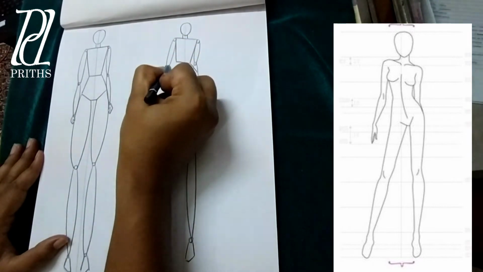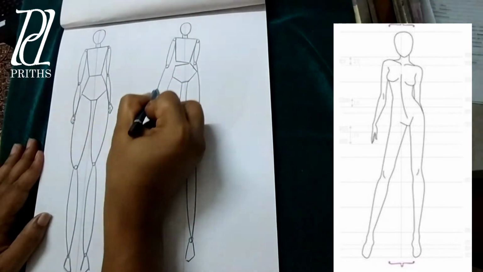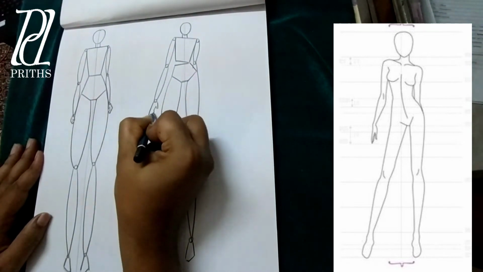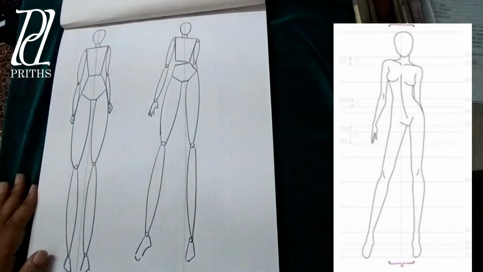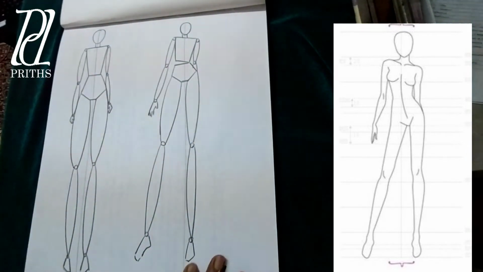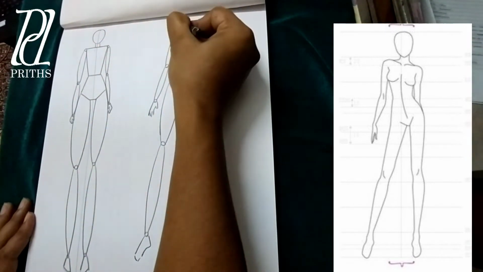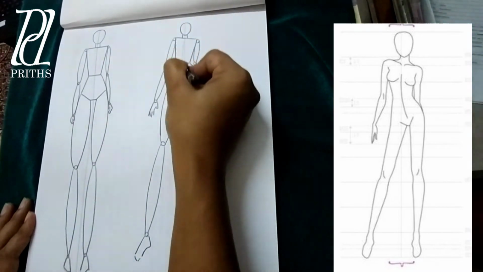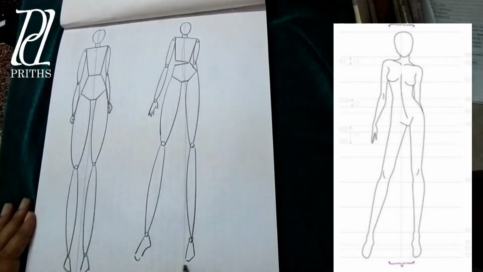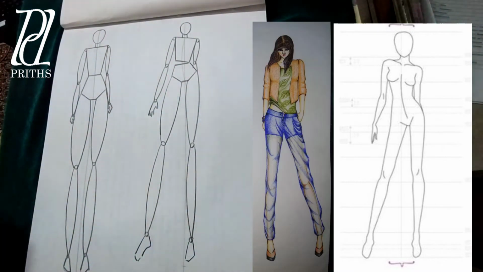After completing this we can easily convert it to this nude figure. You can get the actual size and measurement with this block figure. That's why this block figure is very essential. See, my block figure is ready. Now you can easily convert this block figure to this dress figure. See, this bent portion is also very easily visible, and from this nude figure you can easily wear your garment and your presentation will be ready. See.